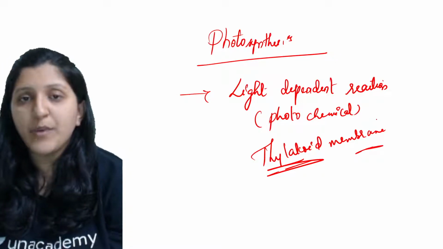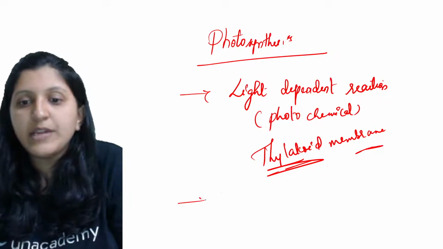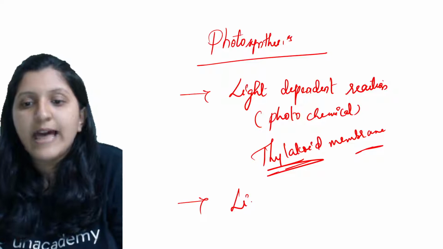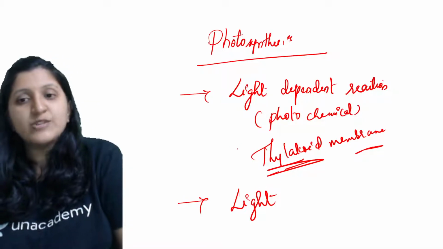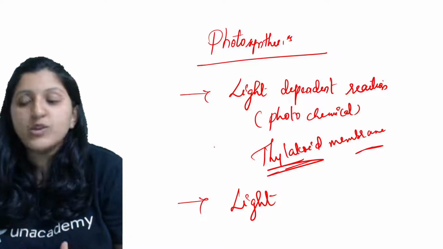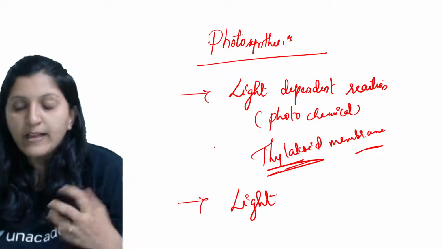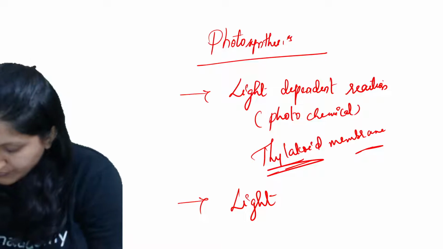Okay, since it requires light, there is another reaction that occurs, that is the light independent reaction. It is also called a dark reaction, but that does not mean that it occurs in the dark. So here the meaning is that